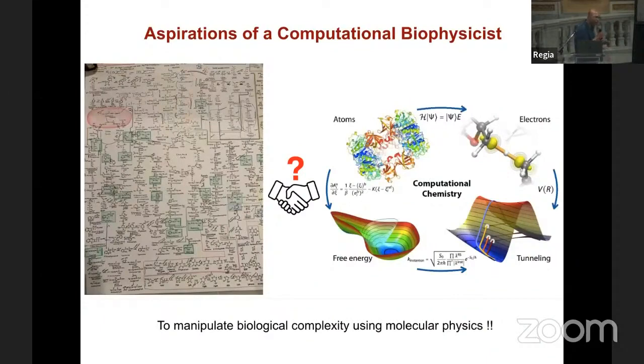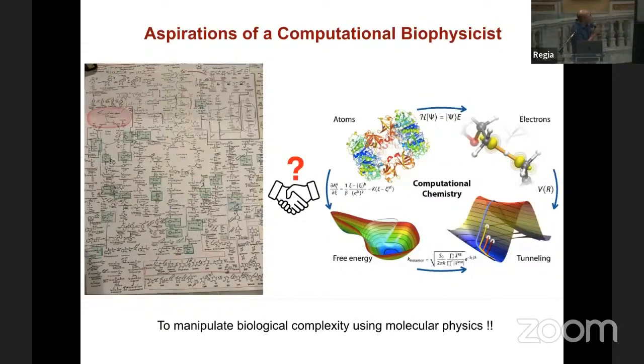Okay, so a little bit of a philosophy that we follow in the group is, most of the work that we see that has happened as molecular modelers, as our training, is the right-hand side of, actually, is it left-hand side of the screen. However, we really aspire to learn about diversity, which is a little different from complexity. And